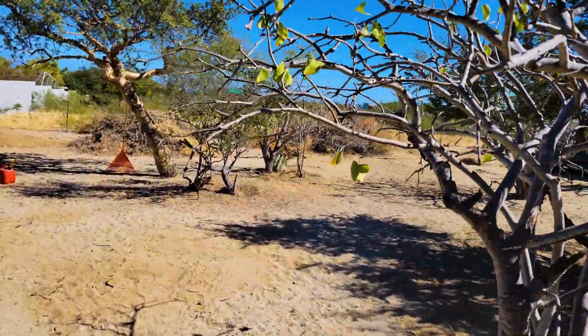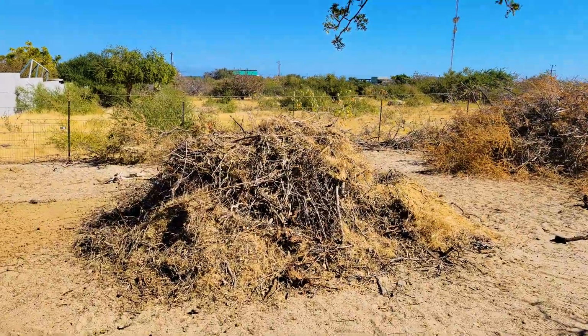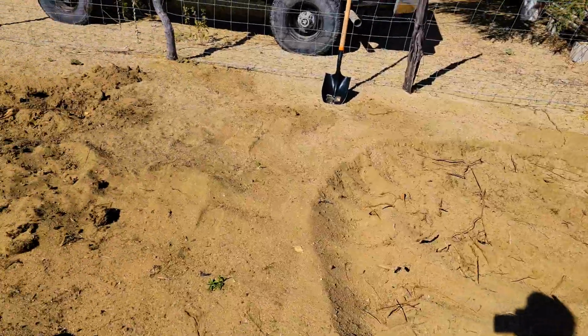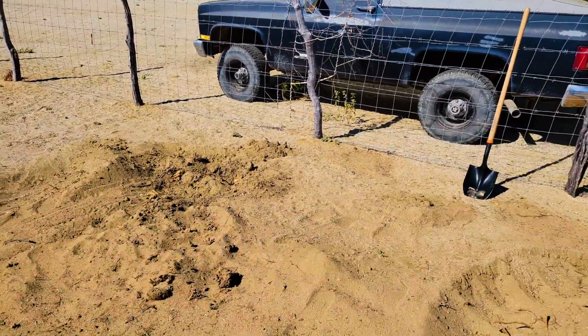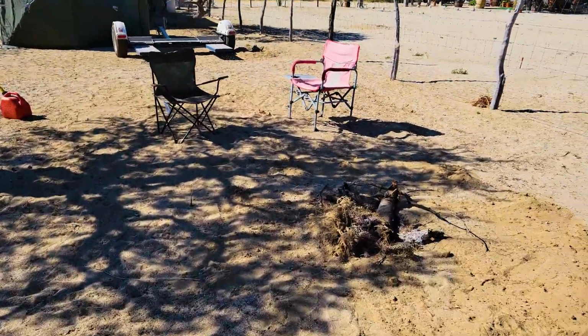And as you can see, property's looking pretty good. Still got some piles back here to burn, so we're doing fires almost every night. But back here is where the biodigester is going to go, and the septic for the RV is going to come down that fence, and in here the house is going to be around in this area where I'm standing, so we'll be able to use it for that once the